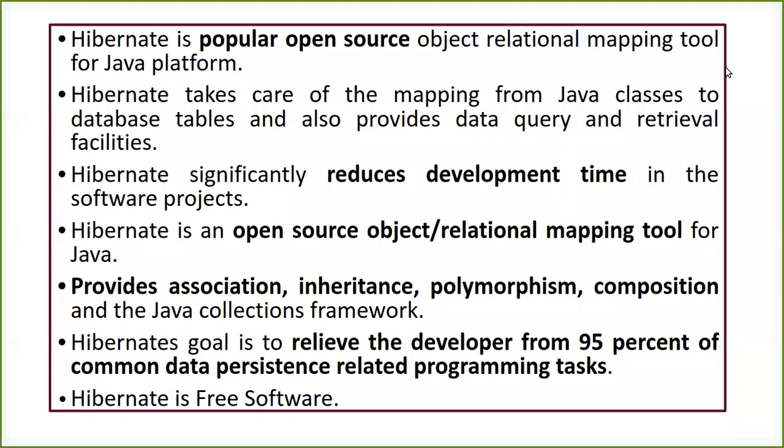It is going to provide me a number of features: association, inheritance, polymorphism, compositions. All these features are provided by Hibernate also, because it is meant for Java and Java provides all these features. But obviously it goes with all the technologies we are going to talk about. Fine. Then next, Hibernate is going to relieve the developer from 95% of the common data persistence related